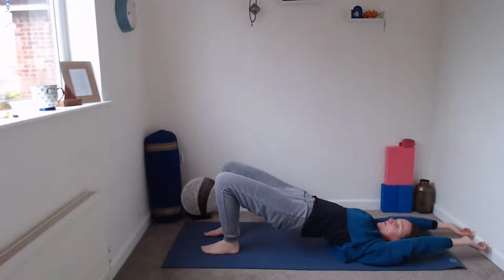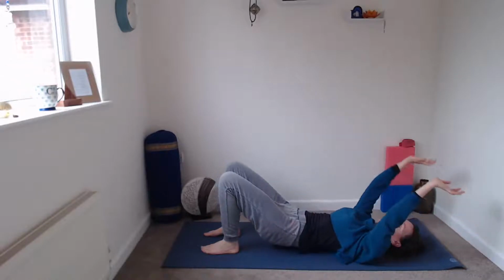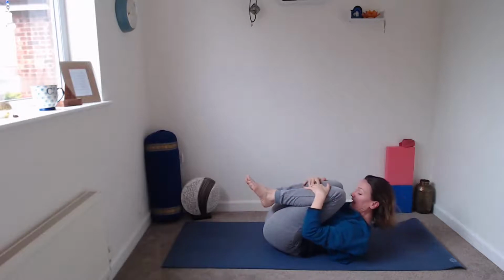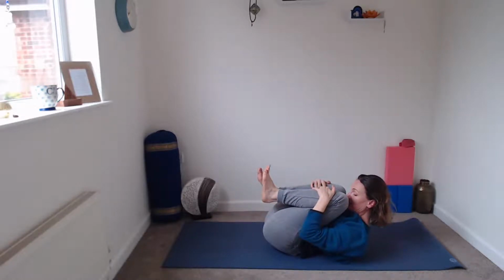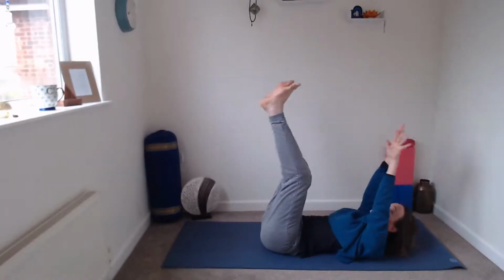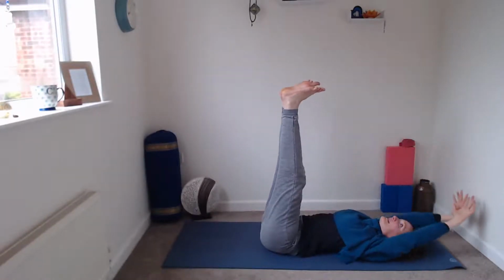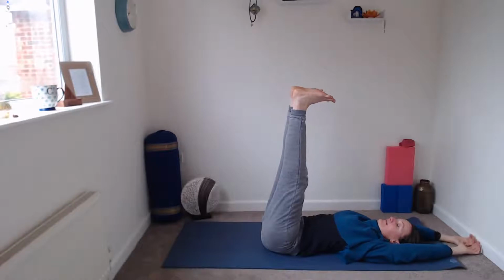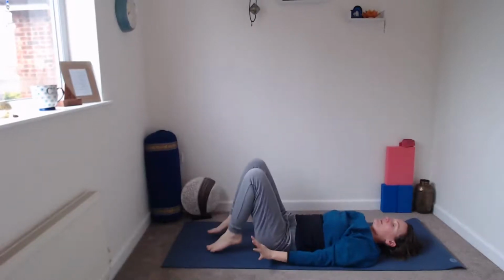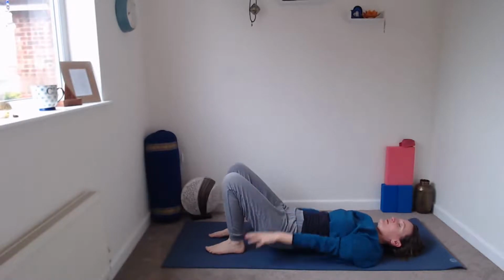As you breathe out, roll it down from neck down to the base of the spine. As the bum comes to the ground, draw the knees in, lift head and shoulders. So nice, slow and steady breath. Breathing in, extension of the arms, extension of the legs, head, shoulders lower to the ground. And breathing out, feet to the floor, hands by the hips. So moving in your own rhythm,